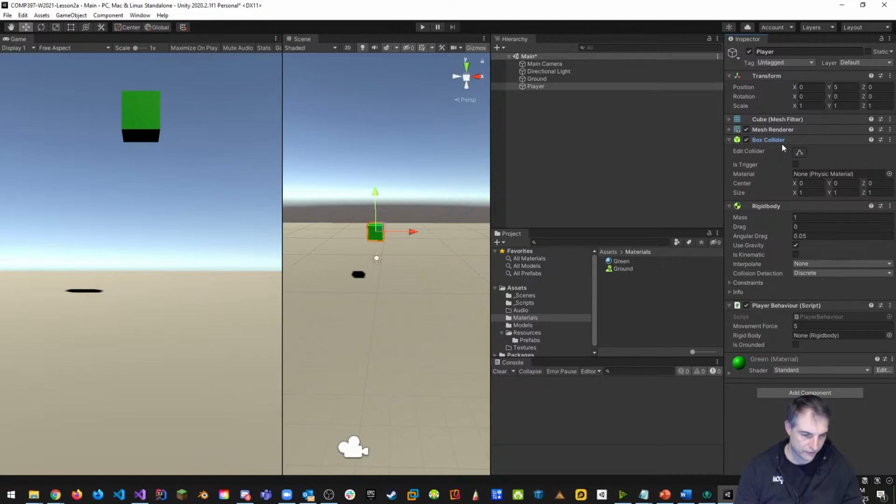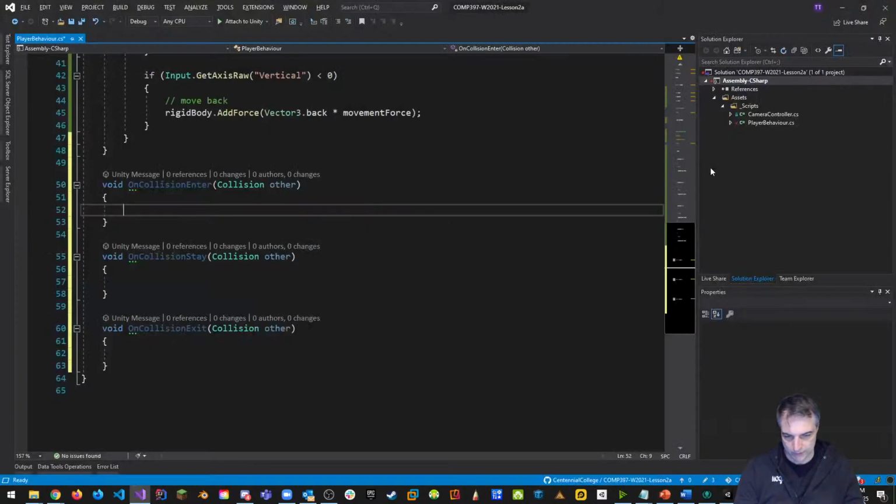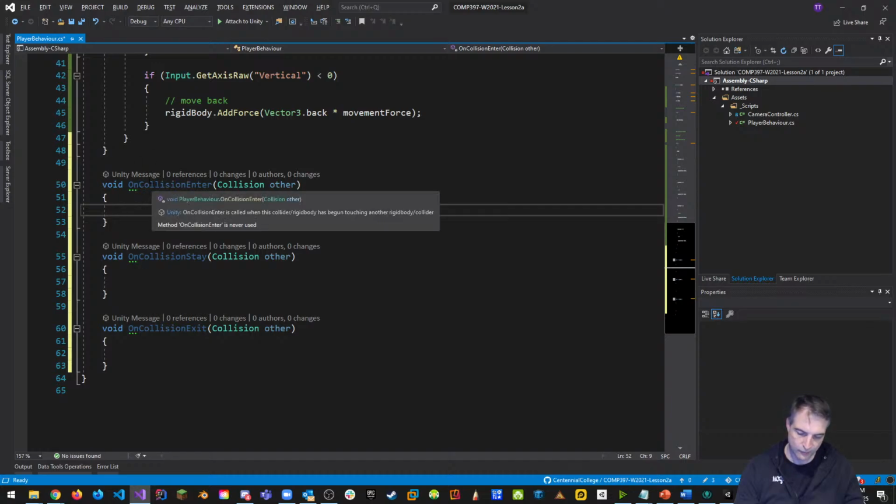Okay, we need some kind of collider. It doesn't have to be a box collider, it could be any collider. But we need a collider for there to be collision detection. A collider is just a bounding area. All right, so going back to code then, let's suppose that when I'm touching for the first time, I can